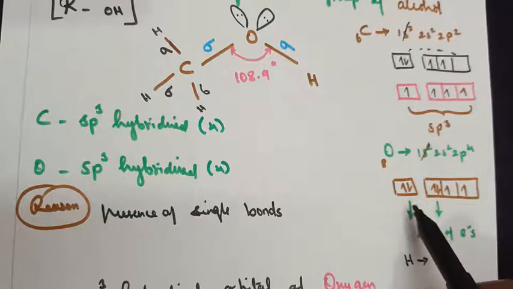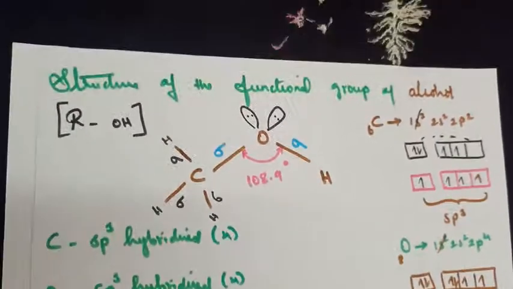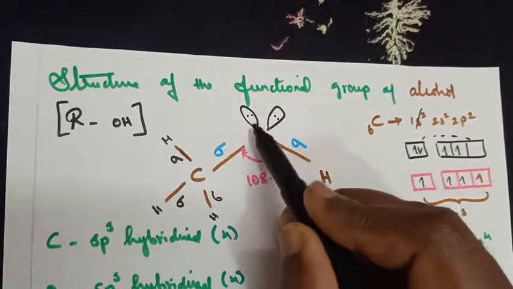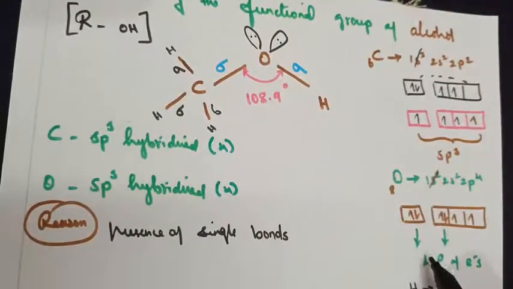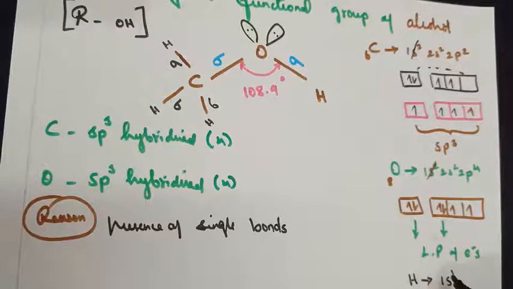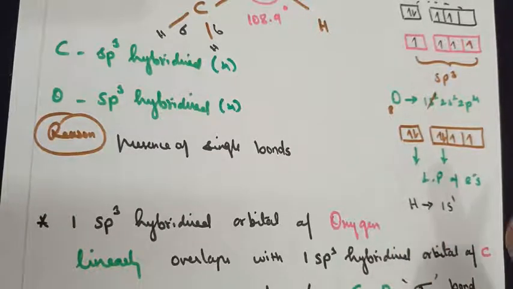These completely filled orbitals are called lone pairs of electrons. This lone pair concept you have learned in your standard 11 syllabus. The lone pairs are written as a kind of rabbit ears, as you can see. So these two stand for the lone pairs of electrons available in the electronic configuration of oxygen. Moving back to hydrogen, hydrogen has only one electron, 1s1.